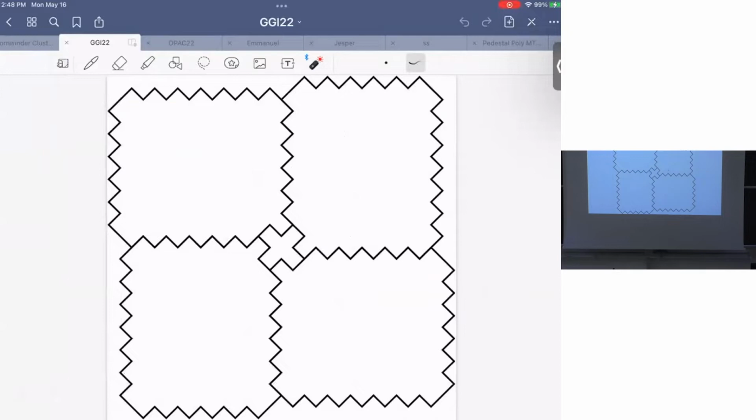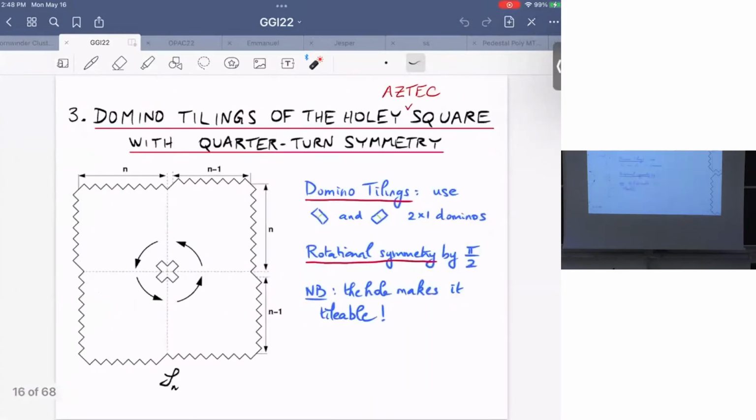And what I get is almost a square, right? But with a sort of defect here, here, here, and here. And then a hole in the middle, which has the shape of a cross, right? Okay, nothing religious about this, but for some reason, I call it the holy Aztec square, right? And now what I impose on top of that, because I'm trying to imitate what I showed you